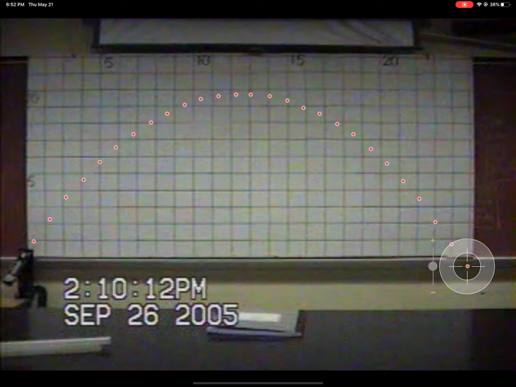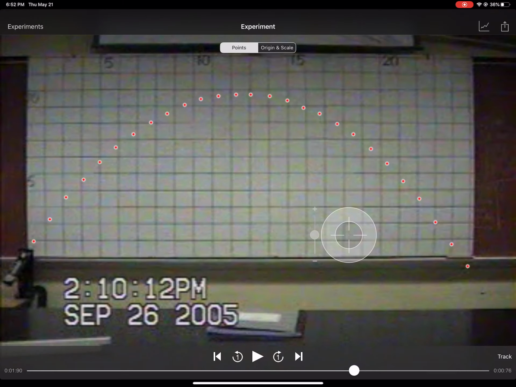grid. Of course, you don't need to use a grid in your lab, but one thing you do need to do in your videos, and you should make sure you do this before you take any video, is that you have to know somewhere in your video that there's a meter, because we just did